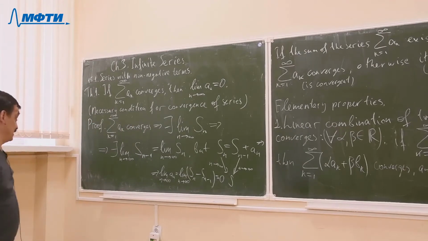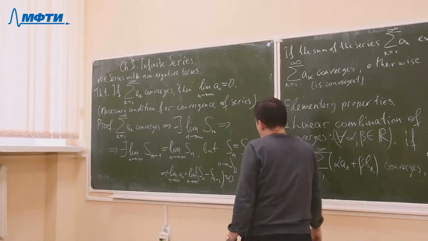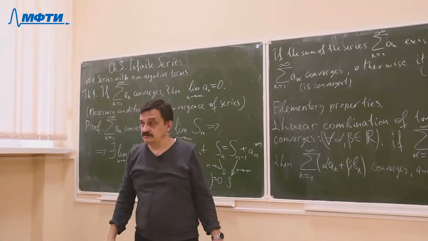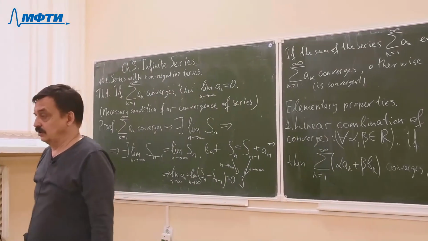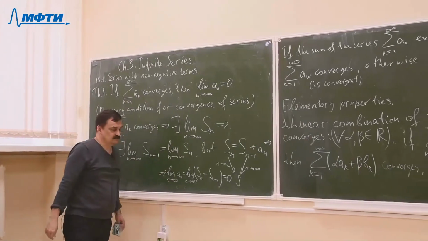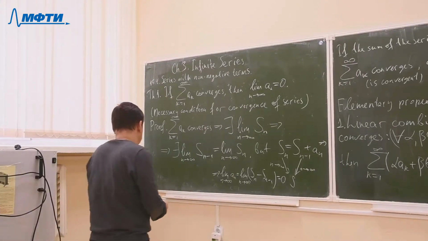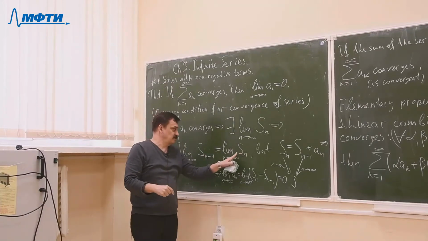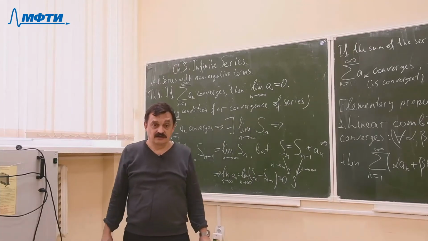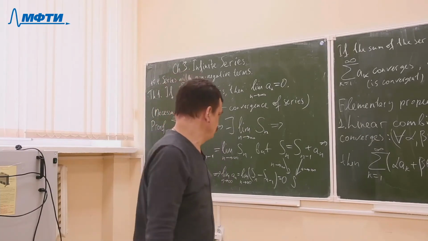And that is only a necessary condition, and once again, this result is valid for arbitrary series, so not only with non-negative terms. That is not important for us. Now, the proof is not by induction. No induction here. We are talking about limits. Just we compare two limits of two sequences. One sequence, just our partial sums. Other sequence, so what is the sequence of Sn minus 1? It's the same sequence, but we start from